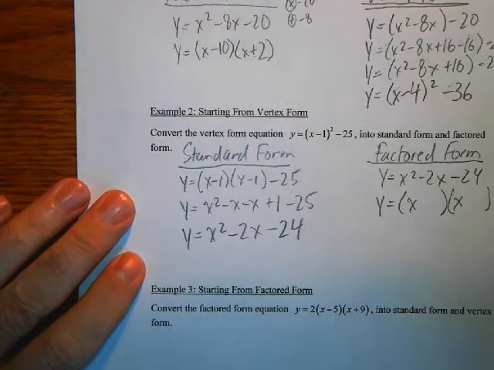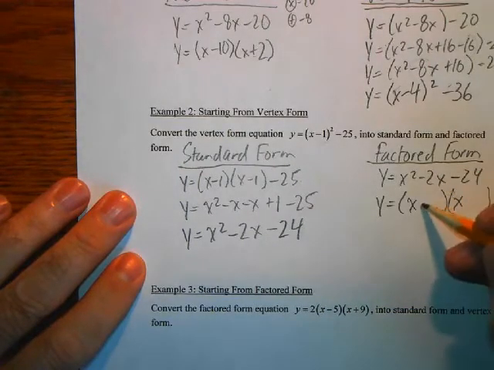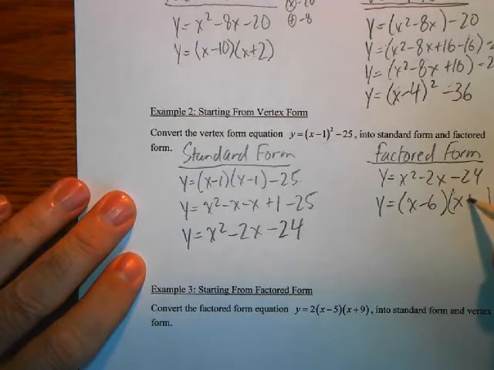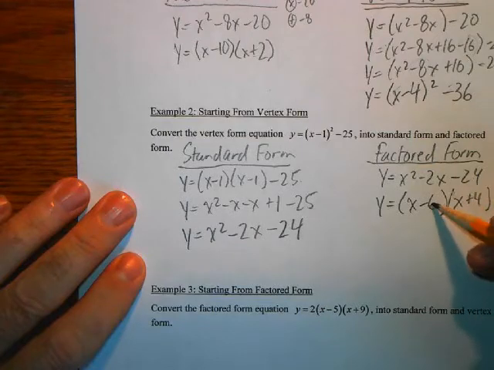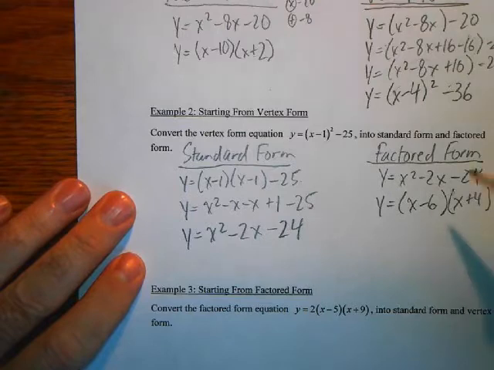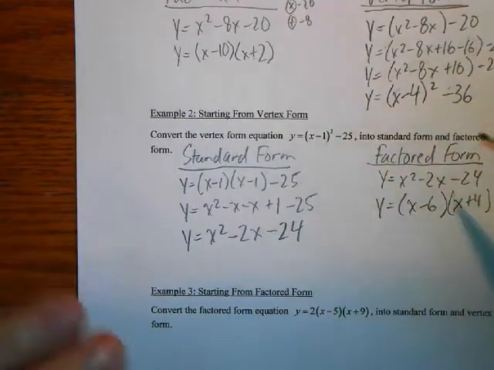So if you can think of them, you can just plop them in right away, and I'm thinking it's going to be negative 6 and positive 4. Negative 6 times positive 4 is negative 24. Negative 6 plus 4 is negative 2. And we're done. Okay, so now that we've got the hang of this a little bit,